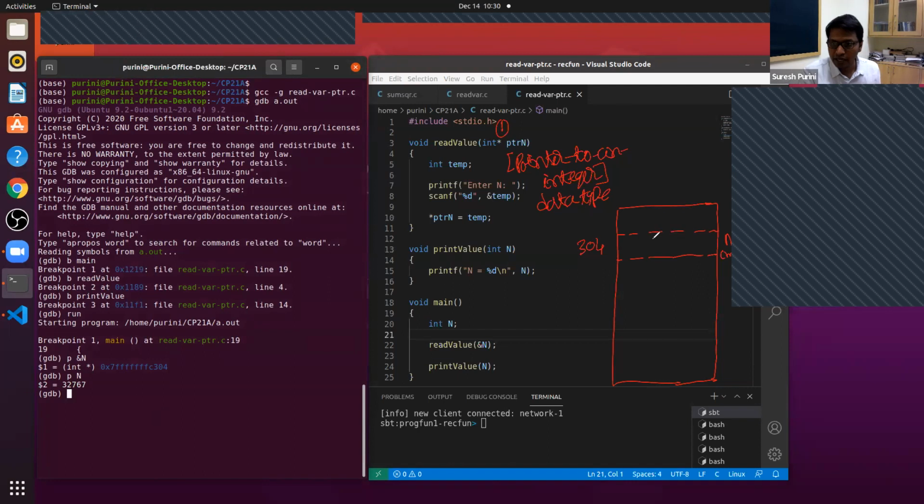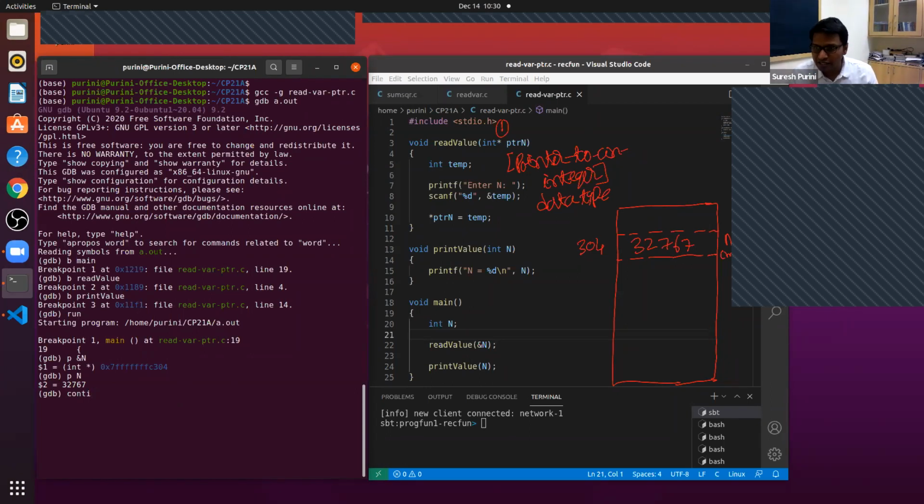It is a garbage value that is present. Since there's a breakpoint, we stopped in main.